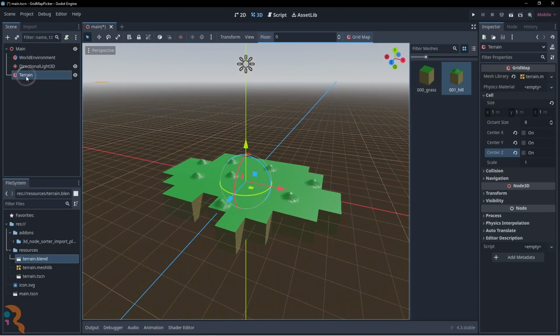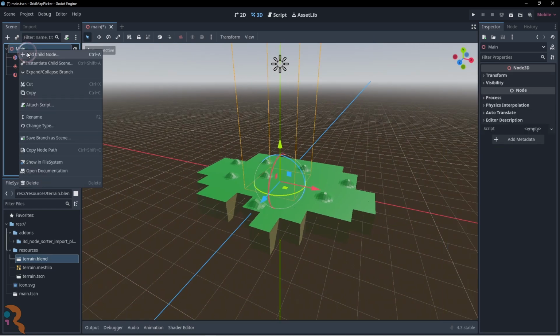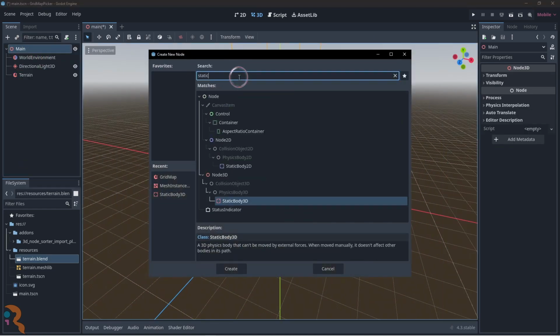Since 3D tiles of our island are in place, we need the sandy bottom and the sea.